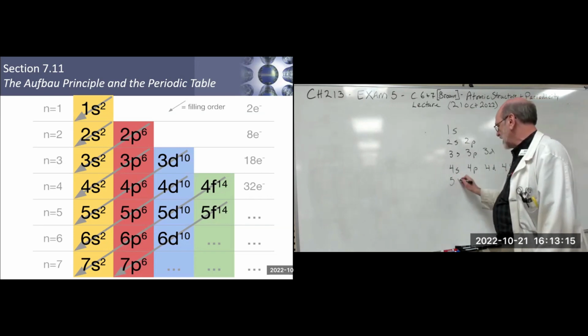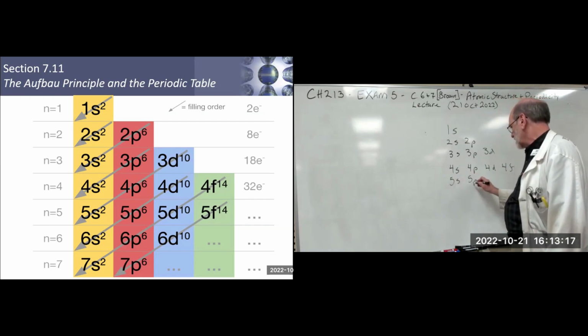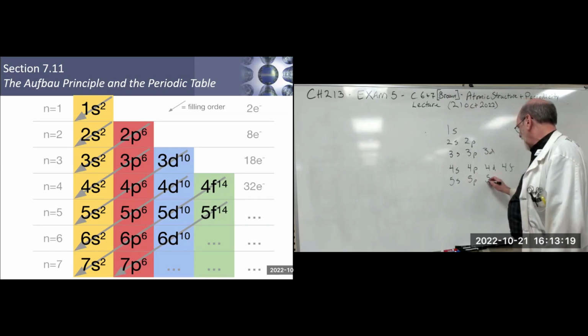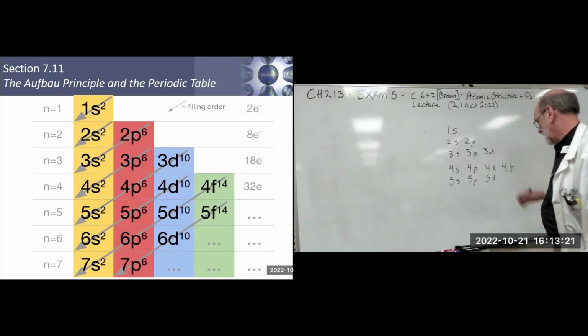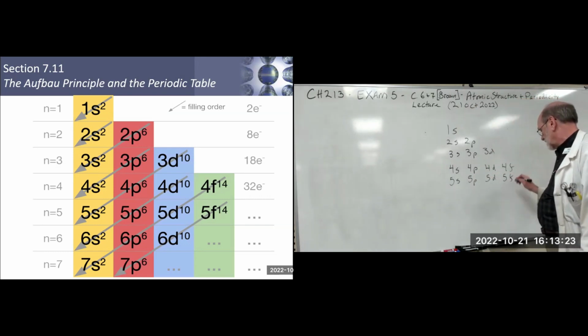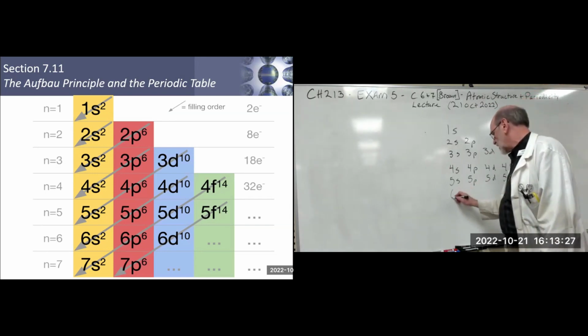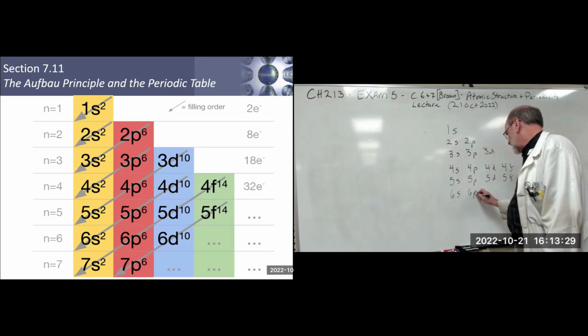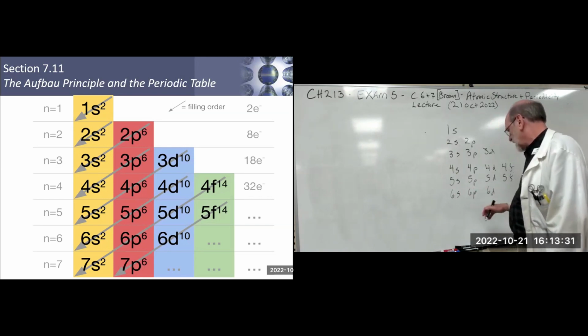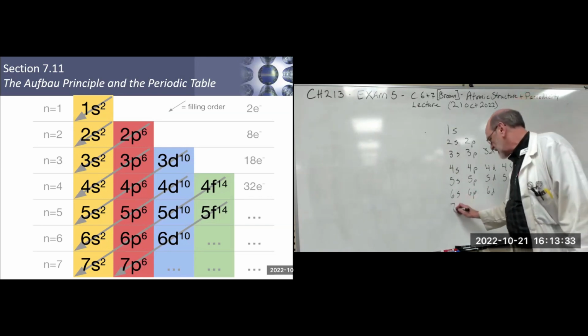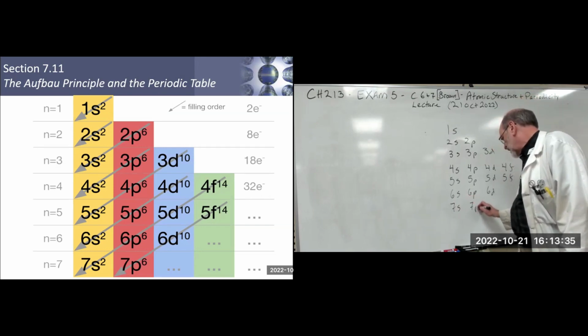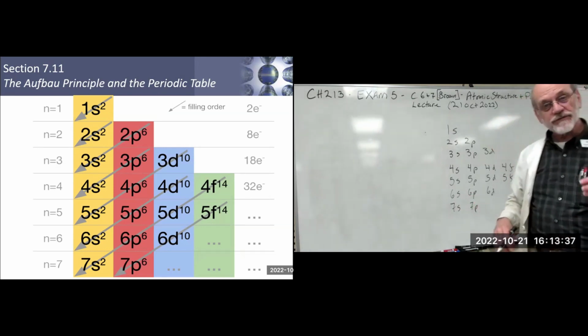You can have a 5s, a 5p, a 5d, and a 5f. You can also have a g, but we don't need it. You can have a 6s, a 6p, 6d. I'm going to stop there. You can have a 7s, a 7p. Okay, so when you start filling them,